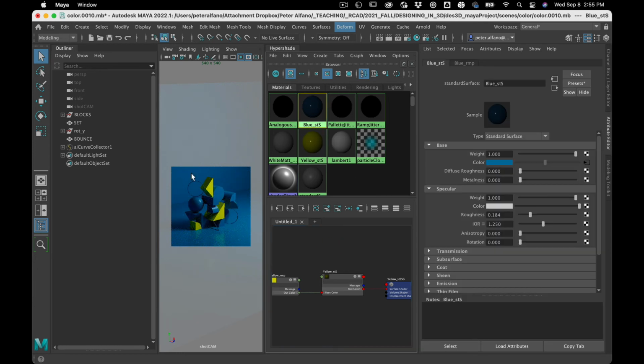Now let's say, for your homework, I want to have one study where you're only varying the base color and you're keeping all the other parameters the same. So exactly the same roughness, exactly the same specular. So what you can do